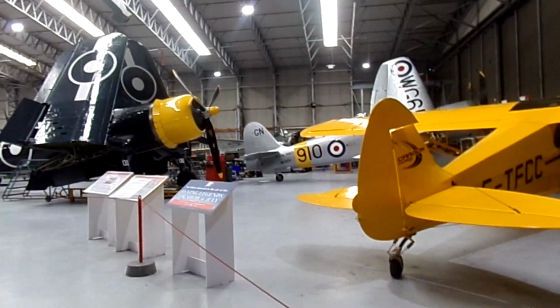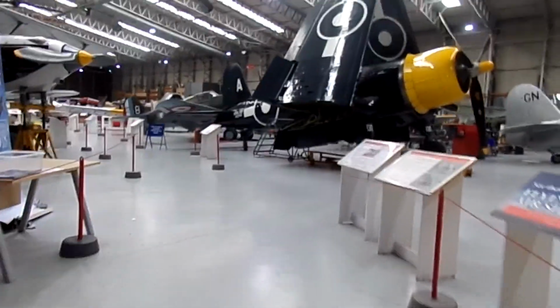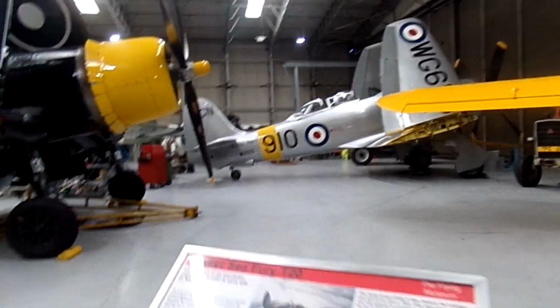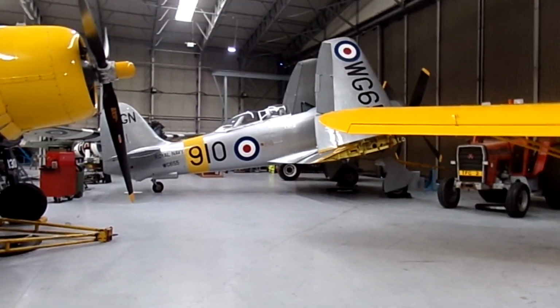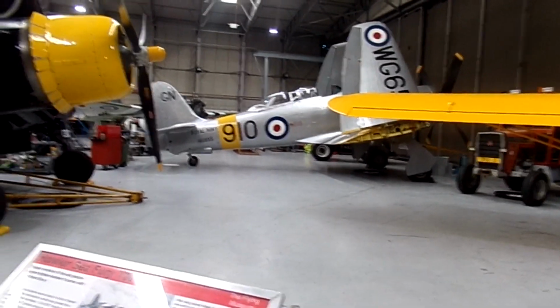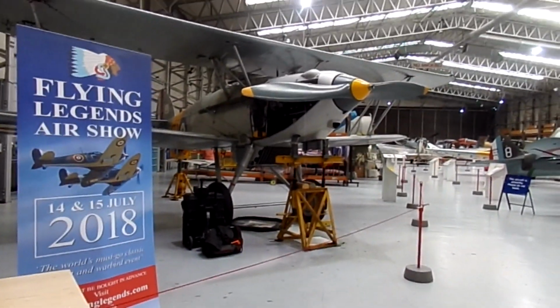Here we are, guys. We're inside the flying aircraft hangar. These are all the aircraft that will mostly appear at the Flying Legends Air Show. That's the Hawker Sea Fury there, which has had its engine recently replaced and has been doing flying tests. If you follow Duxford on the Friends of Duxford page, or the Imperial War Museum page on Facebook, you'll be able to see video clips of that running and flying. The Corsair we've got here,